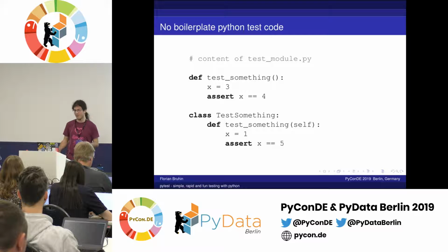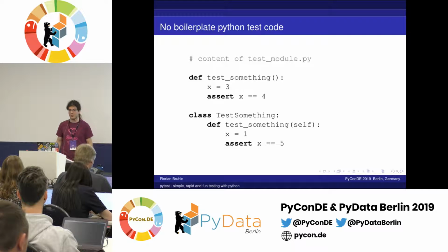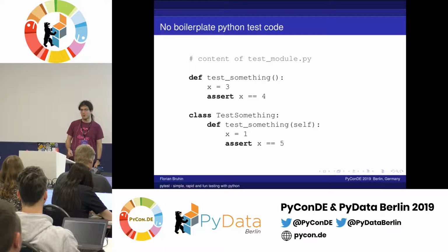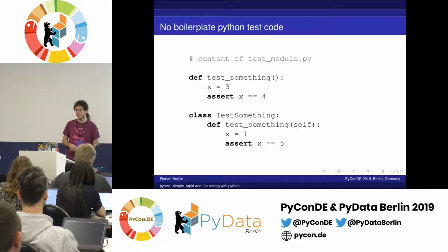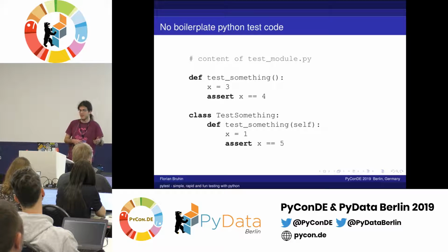You just write whatever condition you would write with an if statement, for example, but use the assert statement to make your test assertions. You can use classes, but you don't have to, and many PyTest test suites just define free functions. The main reason to use classes is just to group related tests, and there you don't need to inherit from anything. You just add a class as a test group, basically, and that's it.